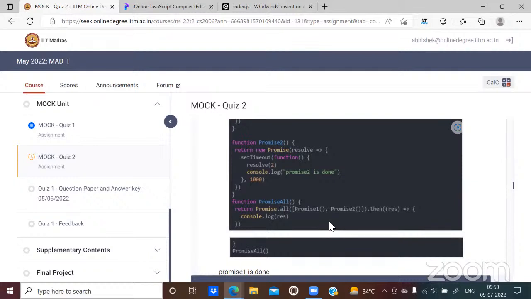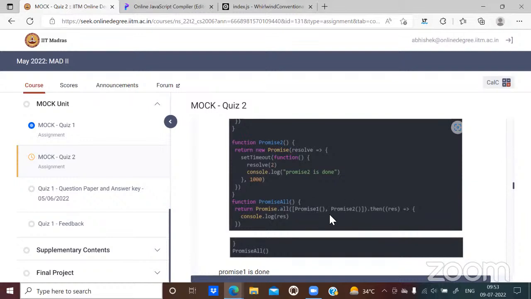The promise returned by Promise.all will only be resolved if all of the promises passed inside the iterable are resolved. That means if the promise returned by promise1 is resolved, and the promise returned by promise2 is also resolved, or in case you pass an empty iterable, then I guess it is also resolved.